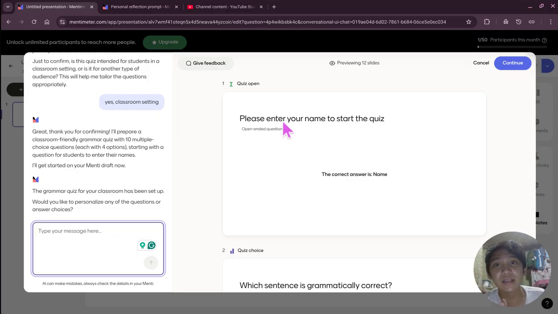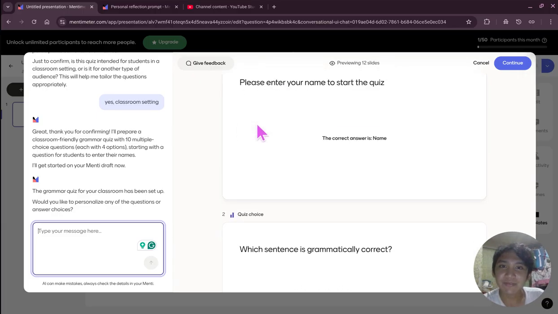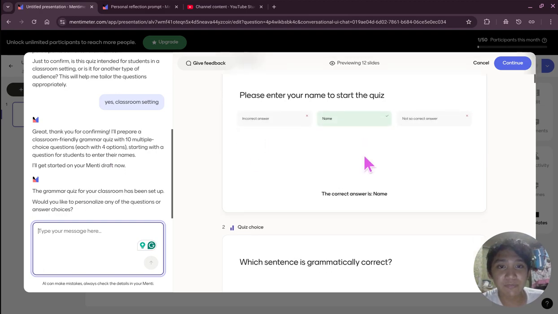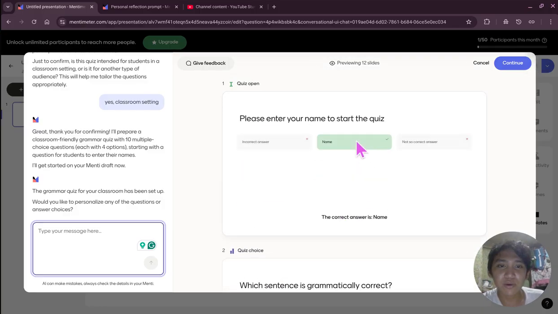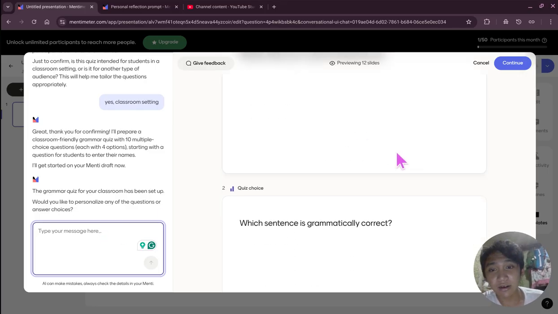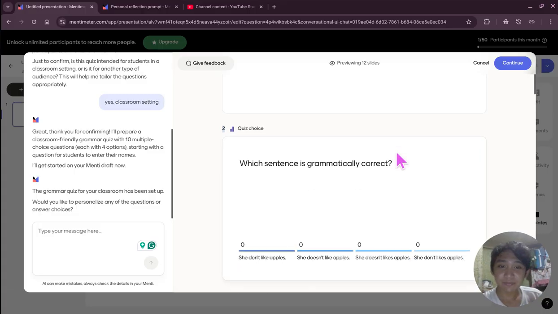And here's what the Mentimeter gave us for our presentation. So our first page, as I prompted earlier, is the please enter your name to start the quiz. We will manually use this, or let's just correct the Mentimeter AI after we check other slides.